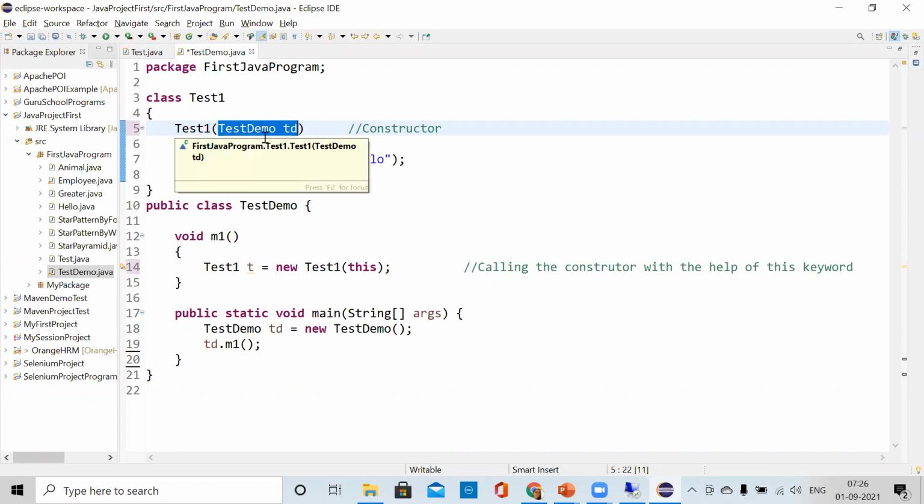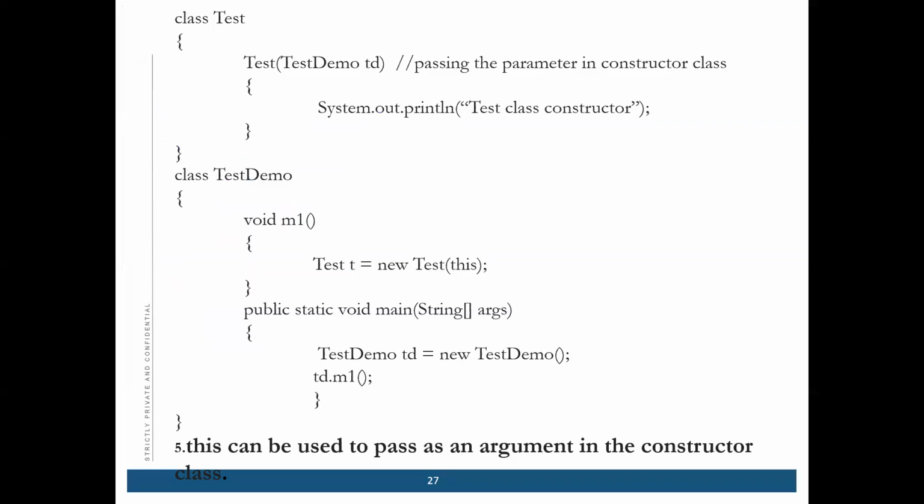Is that clear that this can be used to pass as an argument in the constructor? This is a constructor, and we are passing the argument here and calling it with the help of this keyword.